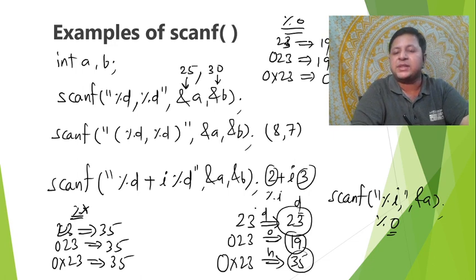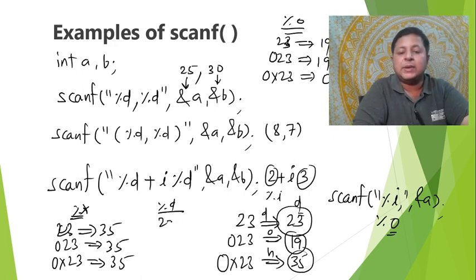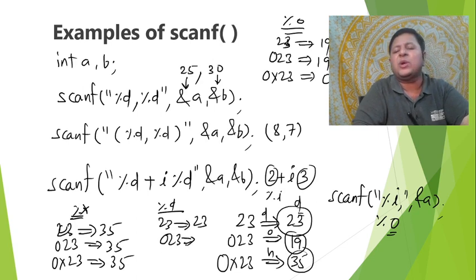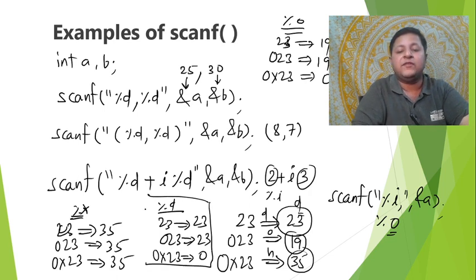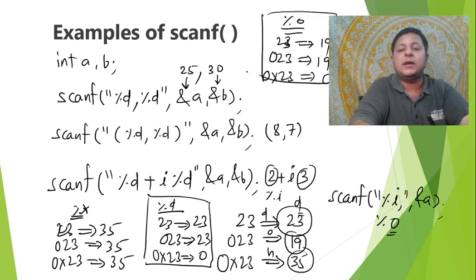Okay, so %d, all of you know. Let me show that also. %d, 23 as 23. 023, it forgives that. Let me write 0 like this. Okay, so it doesn't matter. 23 is read as it is. But if you write 0x23, your decimal can't understand that, so it shows garbage. So these are the different ways I can use %d, %o and %x.